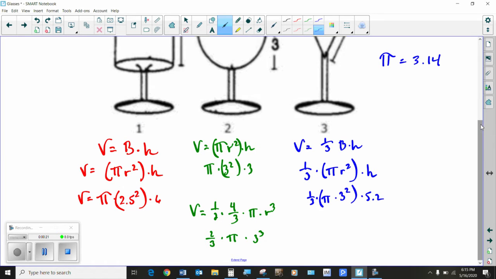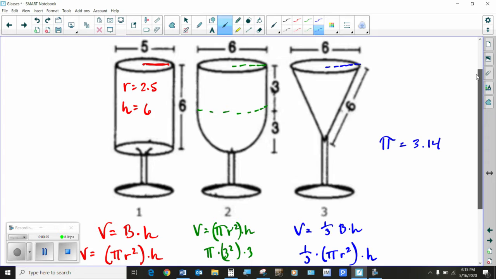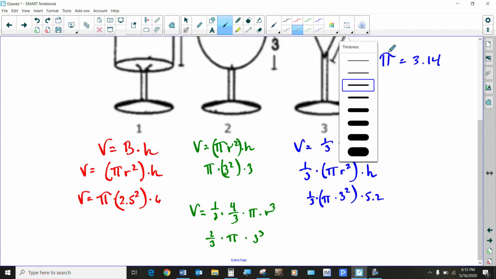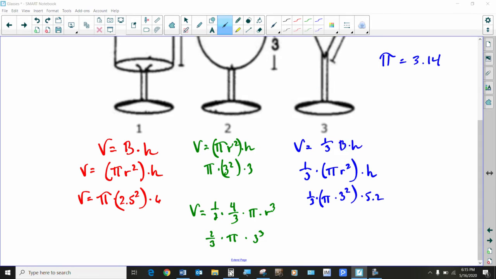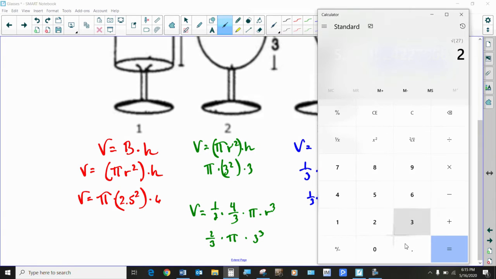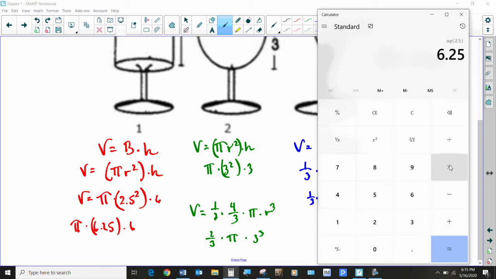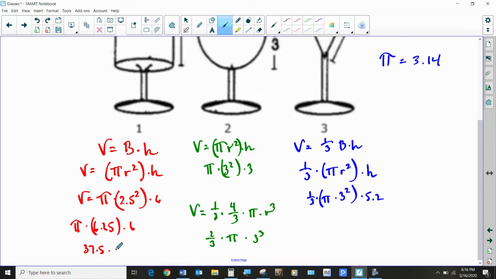First, glass 1 is one complete cylinder with a radius of 2.5 centimeters and a height of 6. So to complete this problem, we should use our calculator, and we need to figure out what is 2.5 squared. So 2.5 squared is 6.25. So we're going to take pi and multiply it times 6.25, and then multiply that again times the height, which is 6. So you can multiply that in any order you want. I'm just going to go ahead and take this times 6, which is going to be 37.5. 37.5 times pi, which is 3.14. And we are going to get ourselves a volume of